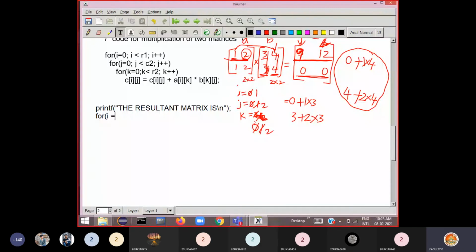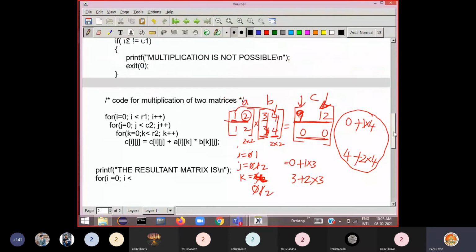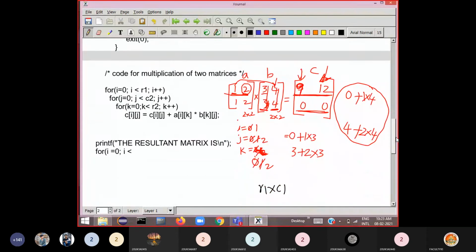For i equals 0, then i should be less than... Now see here, for example, the order of the first matrix is R1 by C1 and the second matrix has rows R2 and columns C2. First matrix order is R1 C1 and second matrix order is R2 C2.